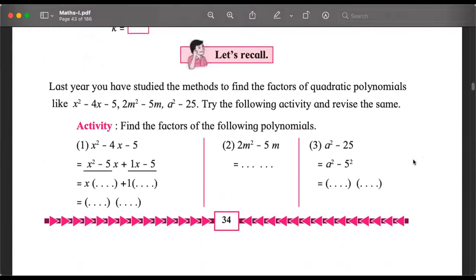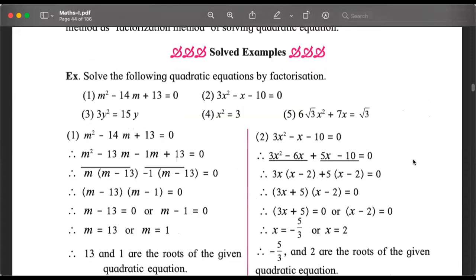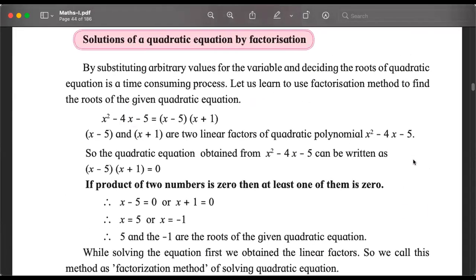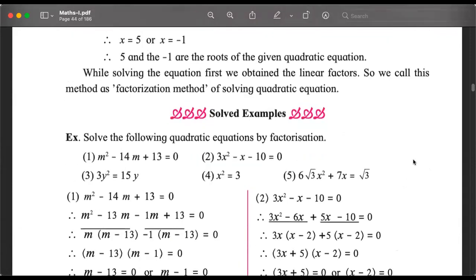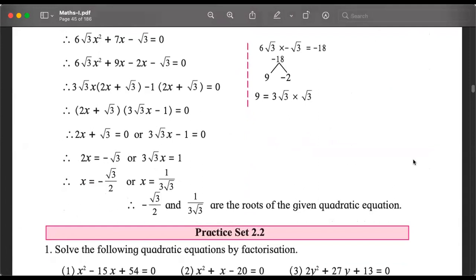In the second part, we will start studying about the methods of solving quadratic equations. So the first method is the factorization method. We have studied how to factorize. This year we will study how once we factorize, we can find the values, we can find the roots, we can find the solutions. So that's the first method. Starting on page number 35. Splitting the middle term, class 9.